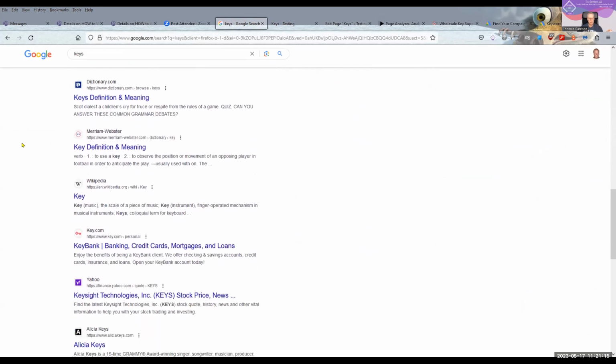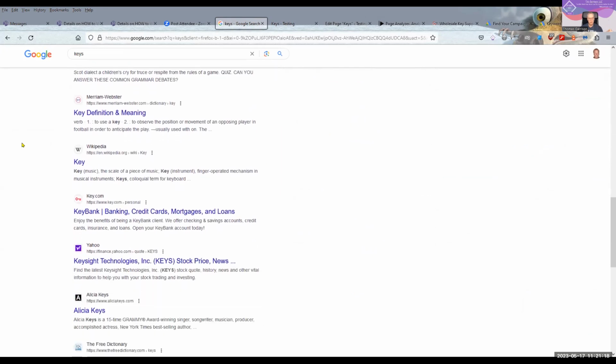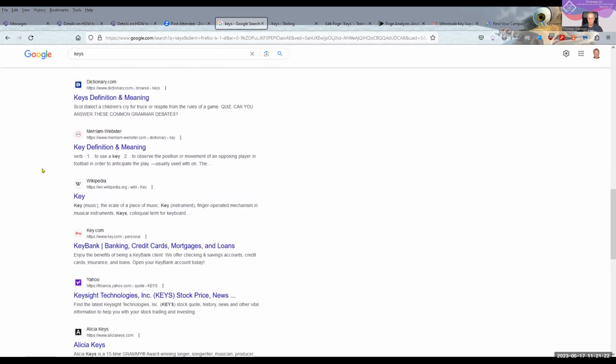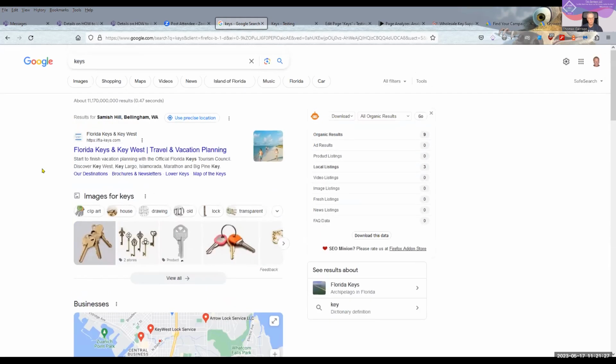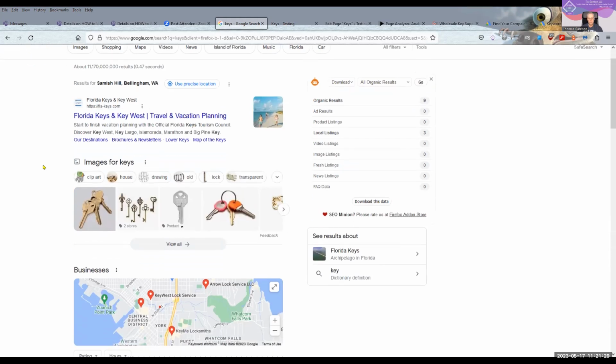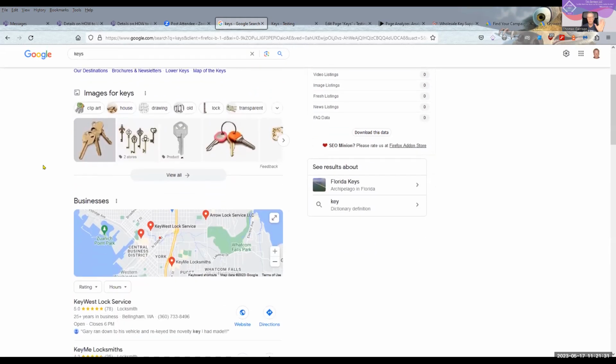And I can see that there's a definition for the Merriam-Webster, Wikipedia, key.com, which is the bank key, not really helpful. And I see Florida keys. These are all ads. And for any mobile users, understand that Google made a change recently. You no longer have just 3 ads at the top, you have 4. So that 4th one that you always used to click on, they're banking on that. So be careful, you people who use mobile devices. There's 4 ads at the top for mobile.